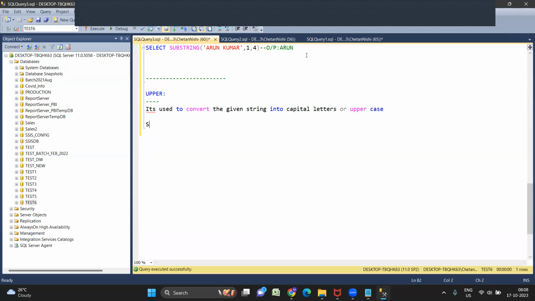Ritosh, what is the syntax? Upper of string, the given string or column name. That's it. Now we will write one simple example. Select upper of